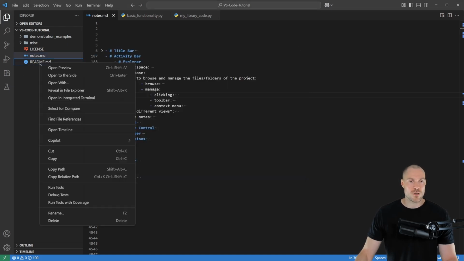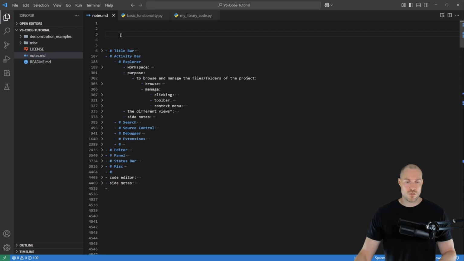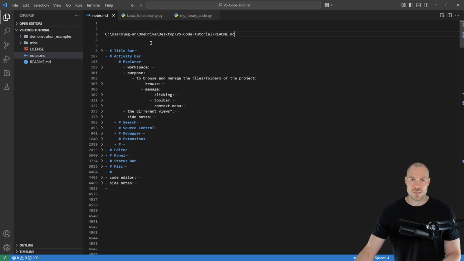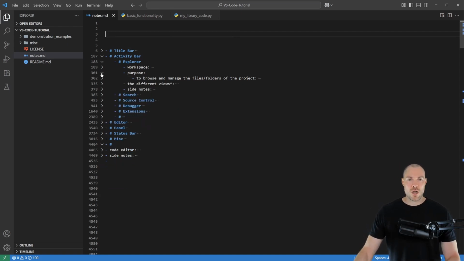And the second one that I want to show is this copy path and copy relative path. So if I copy the absolute path, and then here, if I paste it in, this way, then you can see how you can easily get the path of a file. Okay, so those were now the main points that I wanted to cover with respect to the purpose of the